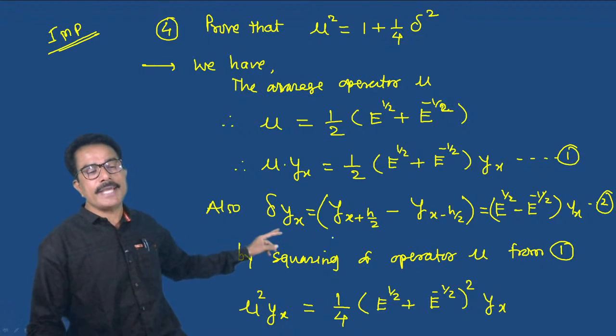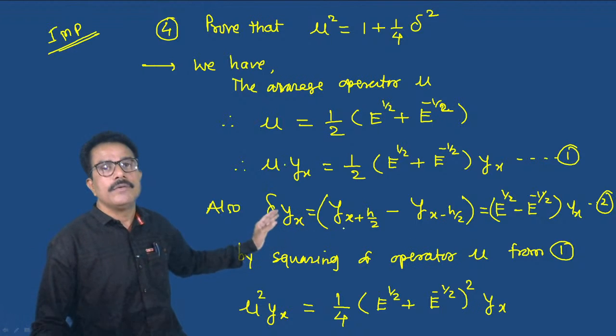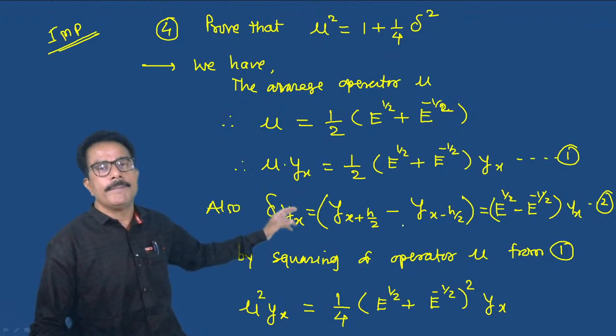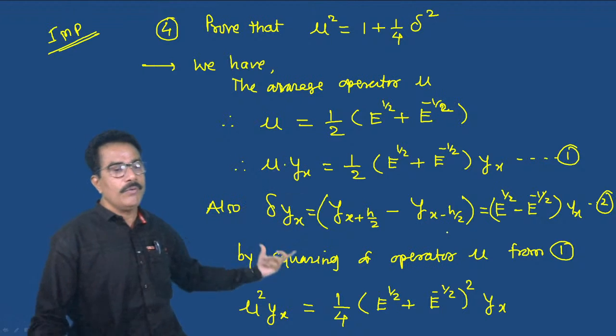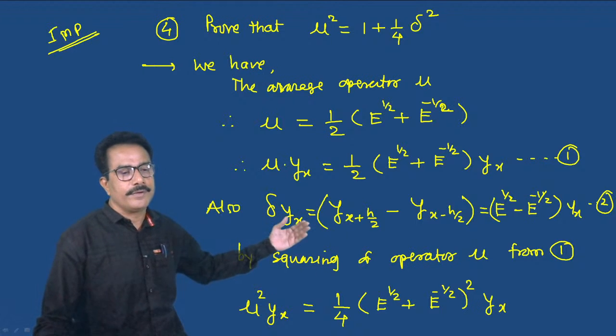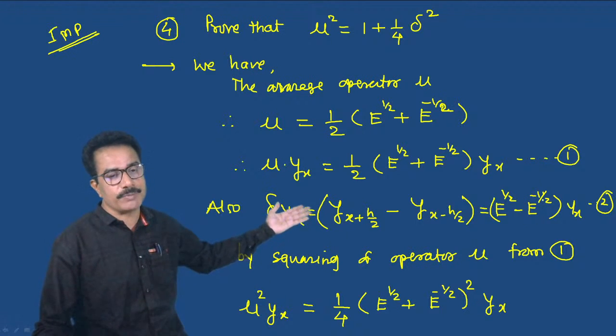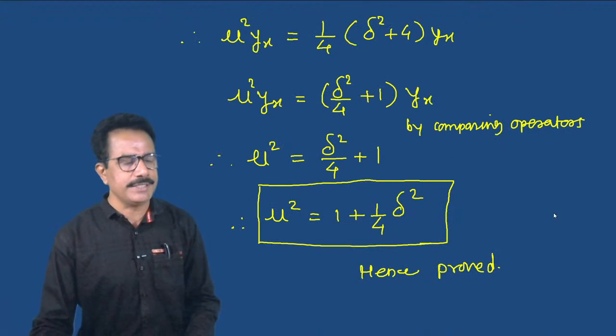इथे एक ऍड करा, डेल्टा वाय एक्स मीन्स वाय ऑफ एक्स प्लस एच बाय 2 मायनस वाय ऑफ एक्स मायनस एच बाय 2 विच इज इक्वल्स टू e raised to 1 by 2. y of x plus h by 2 means e raised to 1 by 2 minus y of x minus h by 2 means e raised to minus h by 2 which is equals to yx. ओके, सिंपल आहे थेर, काही अवघड नाही आहे. इट इज व्हेरी सिंपल. नाउ वी शॅल मूव टुवर्ड्स द नेक्स्ट. प्रूव्ह दॅट, अगेन वी हॅव टू प्रूव्ह वन रिलेशन. सेकंड, प्रूव्ह दॅट